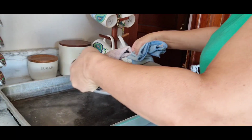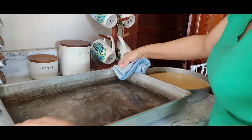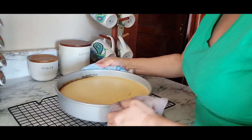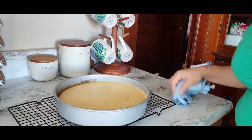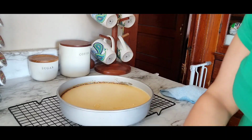I'm going to set it to the side while I empty out this big old pan of water. Like I said, just be super careful. And now put your flan on the rack so it can have air flowing through the bottom to cool off even faster. As you can see, the flan is already